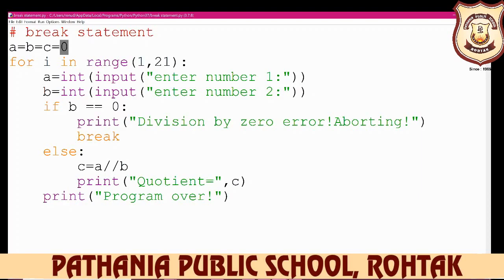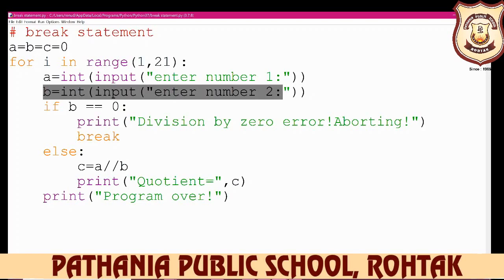Now you see here, for is a loop keyword, i in range(1, 21). If your range is 1 to 21, then your lower limit is 1 and your maximum limit is 20. Here you input: enter number 1, the first number, then b input: enter number 2, the second number.